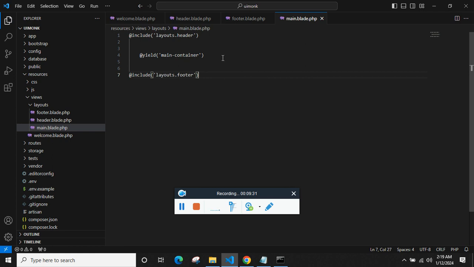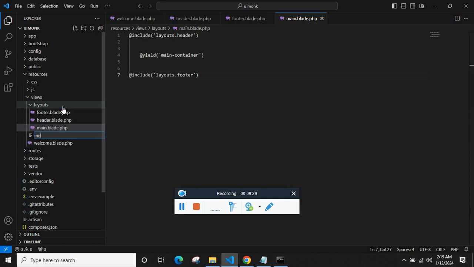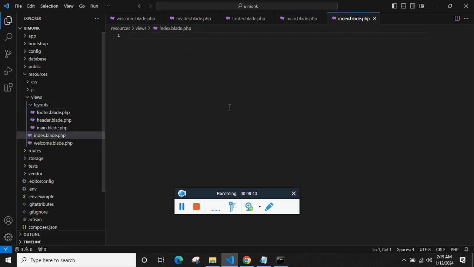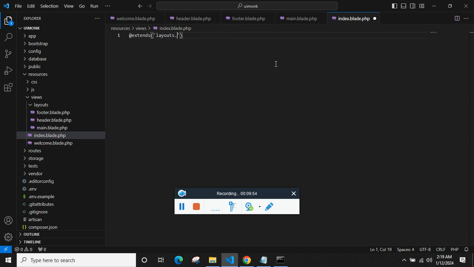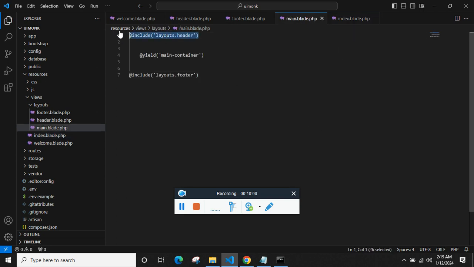Now you have to understand one thing. We are going to create another file in the views. I'm going to name it index.blade.php, and I'm going to link this index file with our main file. It extends the layout folder, then we have main, and since it is linked, it has access to the header and the footer,